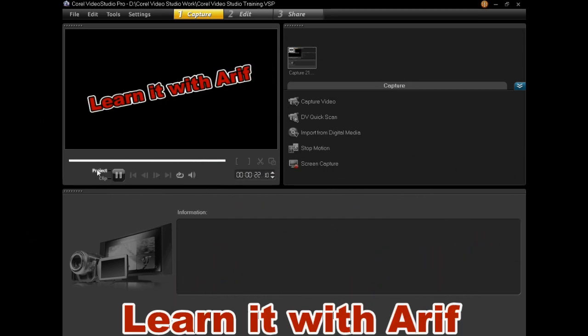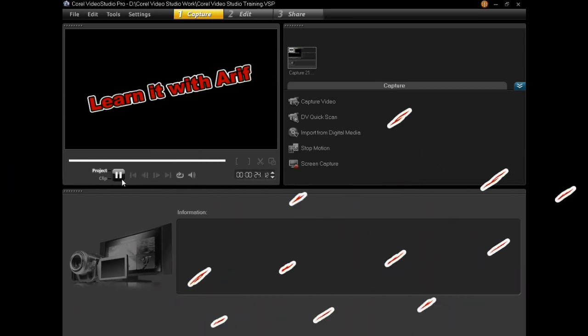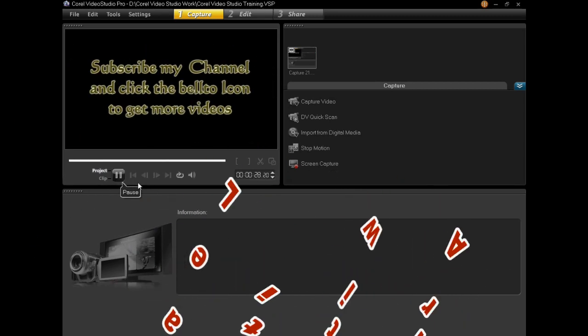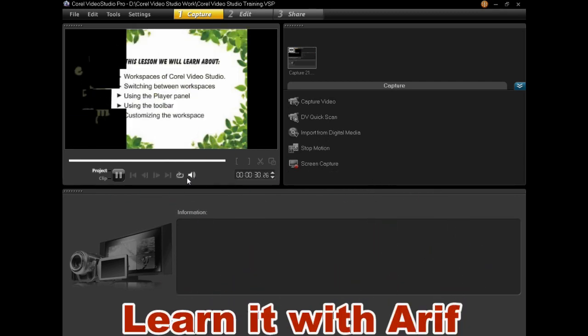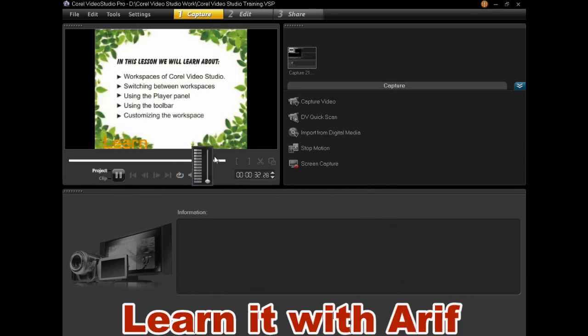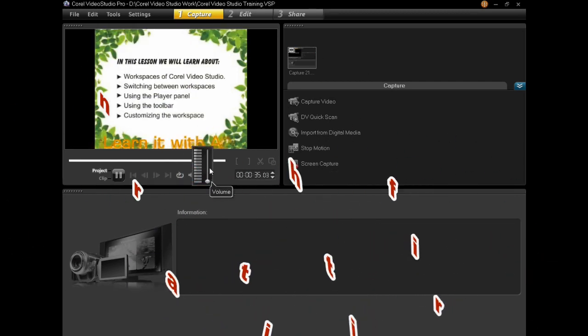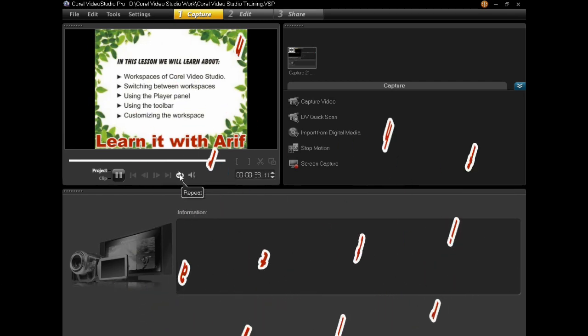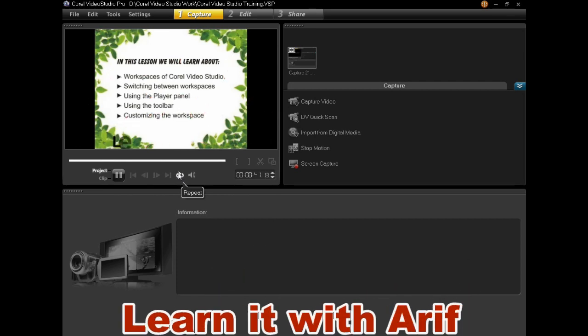In navigation area, we can use this button to play or pause a video. We can also put down or put up the volume. This is loop button to repeat a video.